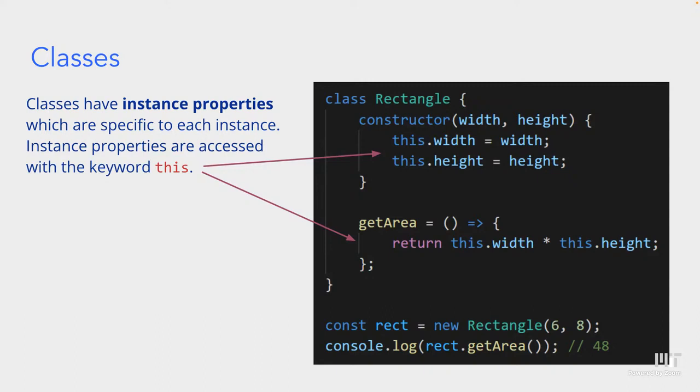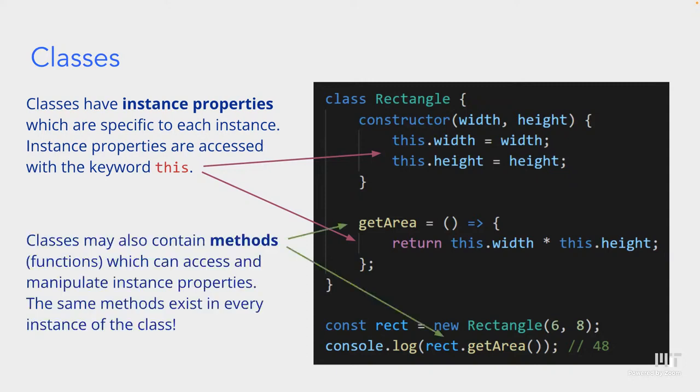And you can access these instance properties by using this. So for our get area function, for example, we want to get the width and the height in order to multiply them and return the area. So to get the width and height that is specific to whatever instance is using this function, we're going to have to use this dot. And yeah, we also have methods like the get area method, and these exist in every instance of the class. And you can just call it using the same